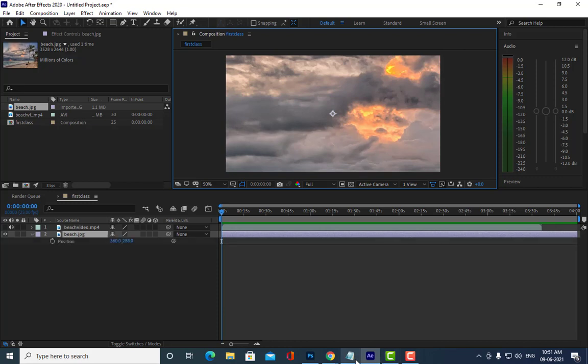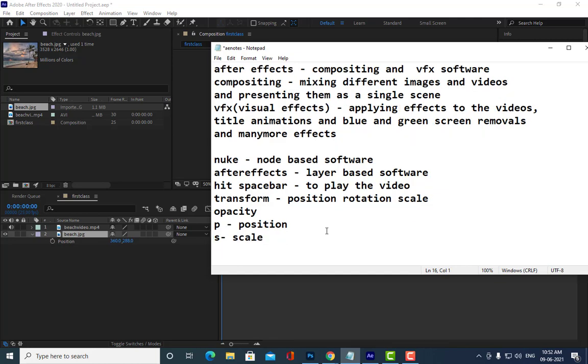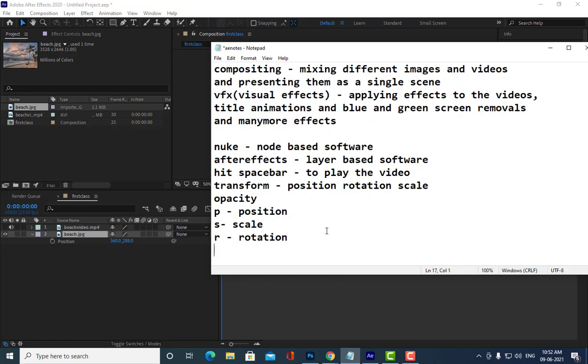I will just give you some shortcuts here. You hit P, what happens? Position. S is scale. R is rotation. Let me ask, what is the shortcut for opacity? Anybody can tell?